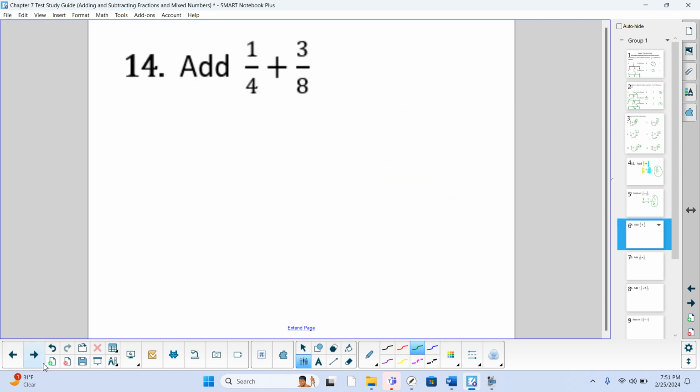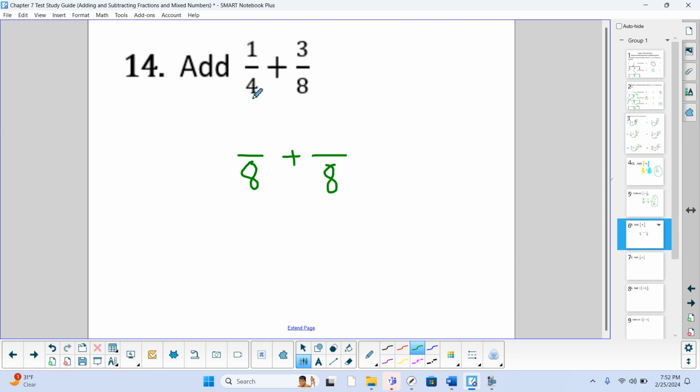For number 14, 1/4 plus 3/8. Common denominator would be 8. So I have 1/4. To go from 4 to 8 as my denominator,